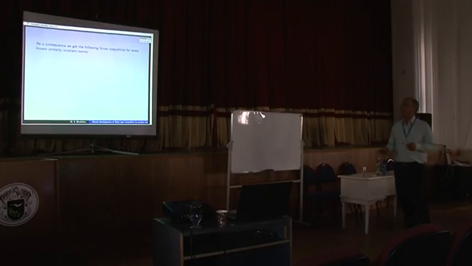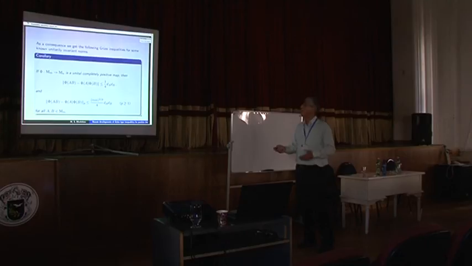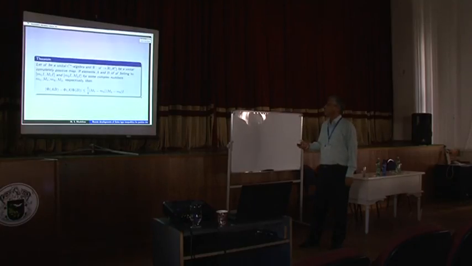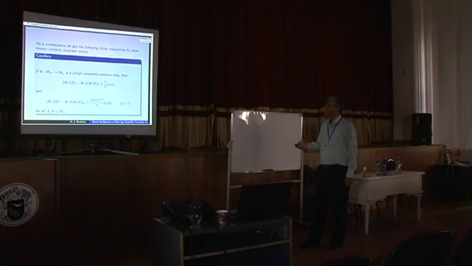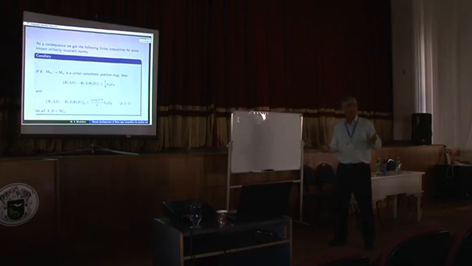As a consequence, we get this inequality of Gruss type in which we have a unital completely positive map phi. Then we can show that this holds. Here d(A) is the diameter of the unitary orbit, the set of all U star A U. The diameter of this set of operators is denoted by d(A). And as a consequence, we show that, in fact, this inequality holds in which we have the Schatten p-norm here for all A and B in M_m. It's clear that in the case that